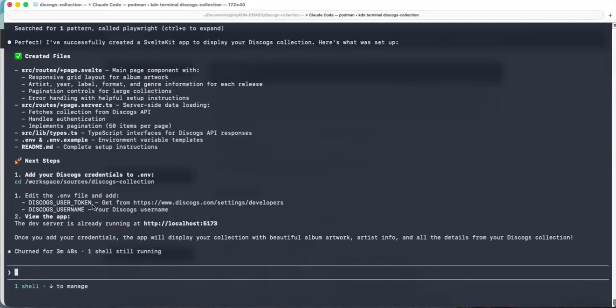So one thing to do, I will need to get credentials from the Discogs platform to be able to connect to it. So I will do it and I will be back soon. So I have created my credential and it has started the application. It is exposed into the container, but I cannot have access from my host. So what we will do, first we will save all the context, what is needed for the next session. So write into agents.md